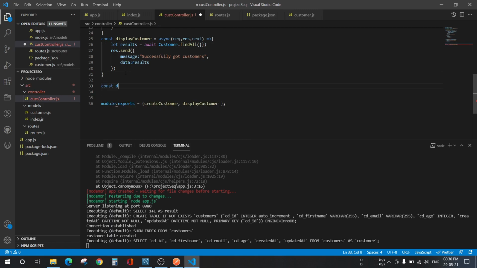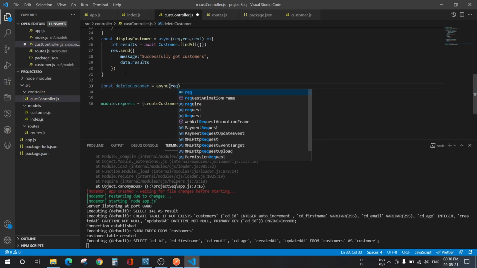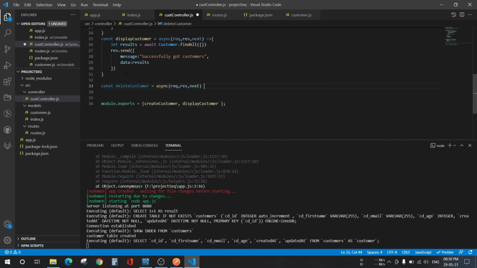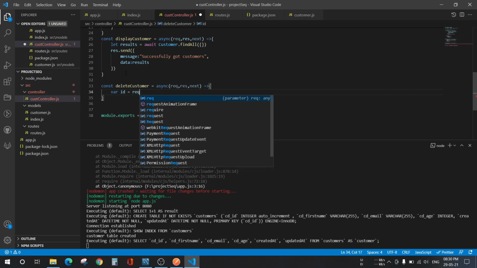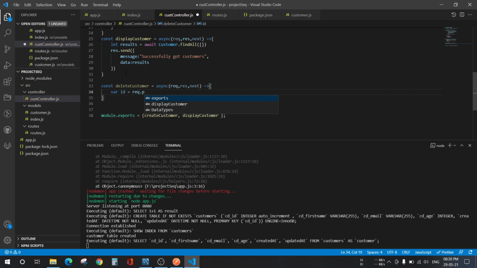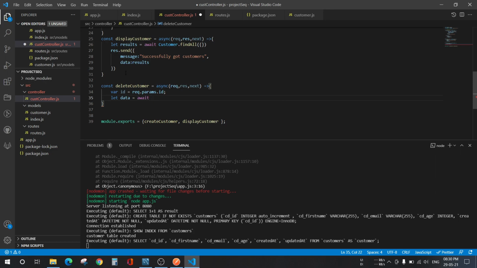So const delete customer equals to async request response next. And since we are deleting any customer, first we need to take the id of the required customer which we want to delete. So request dot params dot id, and then let data equals to await customer dot destroy.